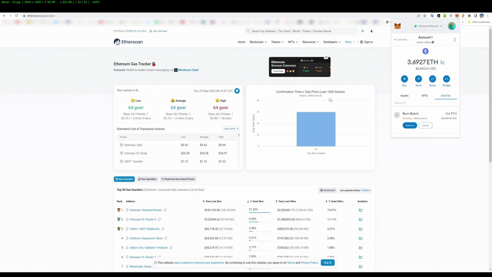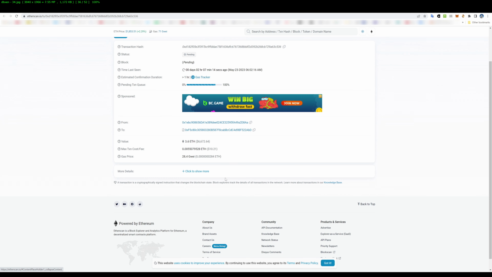So what you can do is open MetaMask and do a transaction with yourself. You send a transaction to yourself. So how do you go about it? To cancel this burn batch, you click on the burn batch and click the link, like view on Etherscan, and you will be taken to your transaction. It's a pending transaction. It was pending for 2 hours, and at 70 Gwei it will never go through at 28,